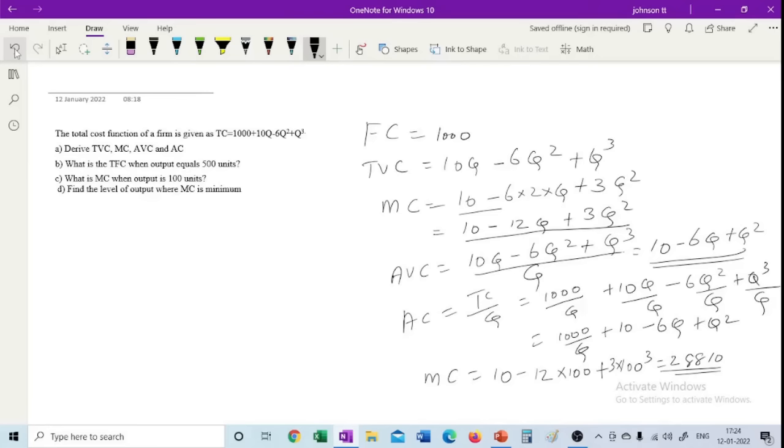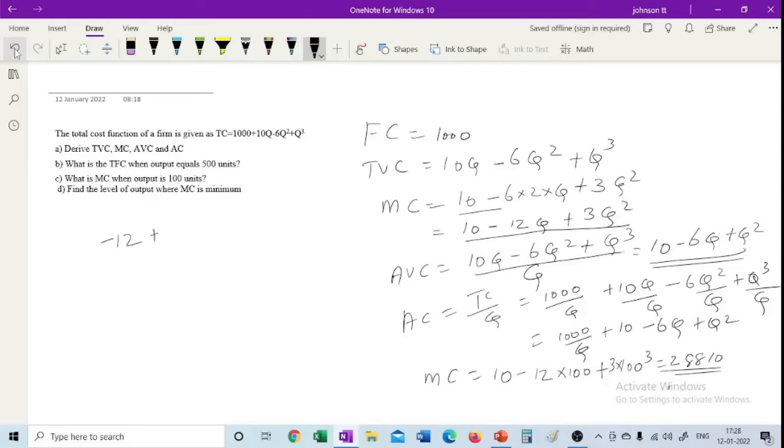Then the next part of the question is, find the level of output where MC is minimum. So that is part D. For that, when MC is minimum, the first derivative will be 0. That means when you take the first derivative of the MC function, that is 10 minus 12q plus 3q square, the first derivative will be minus 12